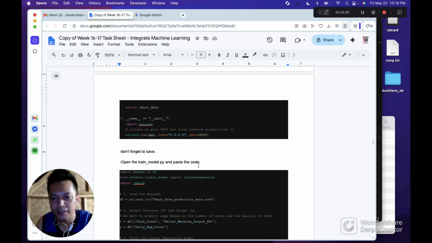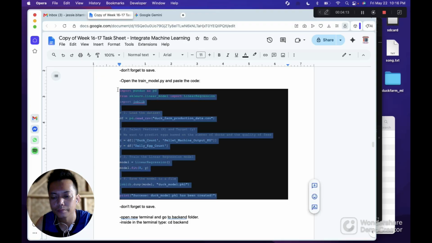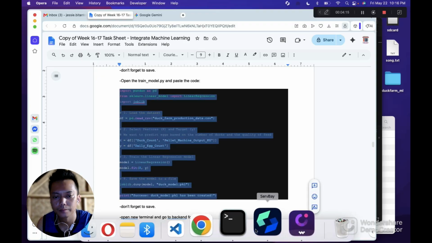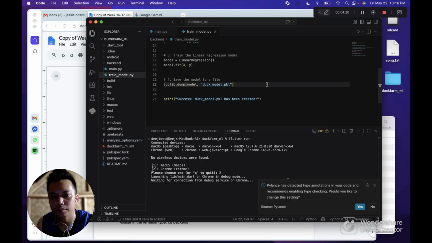Open the train_model.py and paste the code. Okay. Then save.